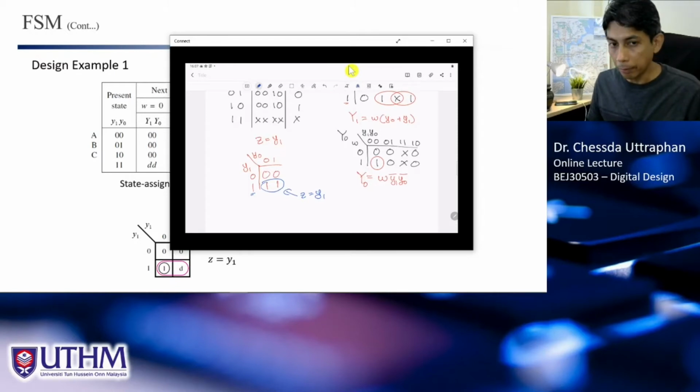Means that based on the behavior of the finite state machine, instead of creating it using structural modeling or using data flow modeling, where we need to get